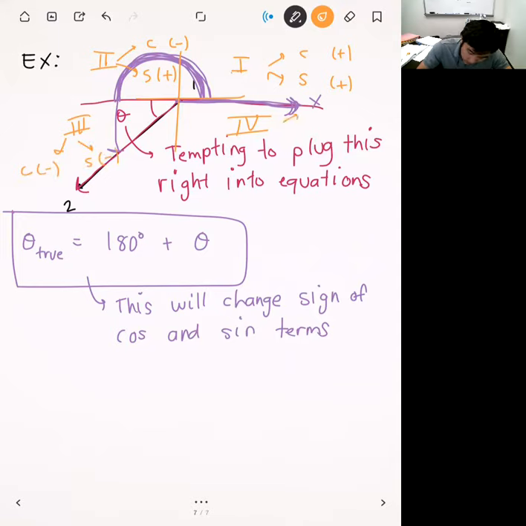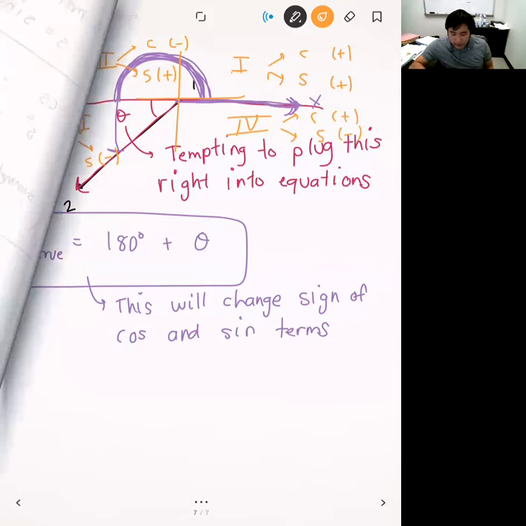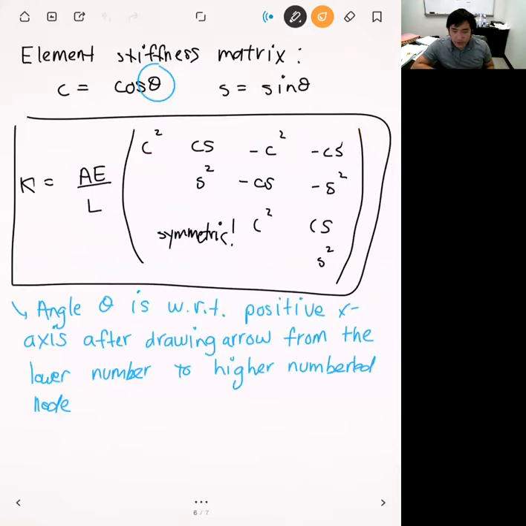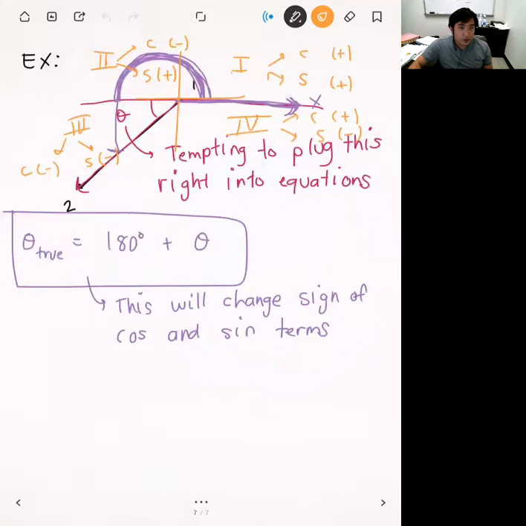In quadrant 4, cosine will be positive, while sine will be negative. It's important to get these signs correct, because if you don't, you're going to get completely wrong answers for this element stiffness matrix. I think that's all. There's other stuff in here too, but in terms of what I'm expecting you to do for the exam,